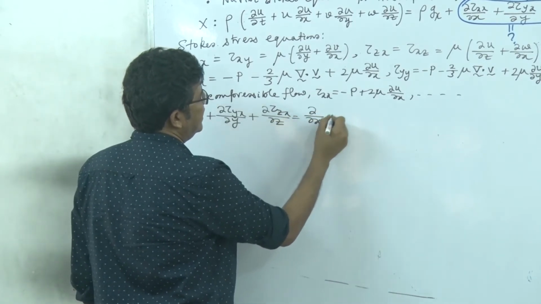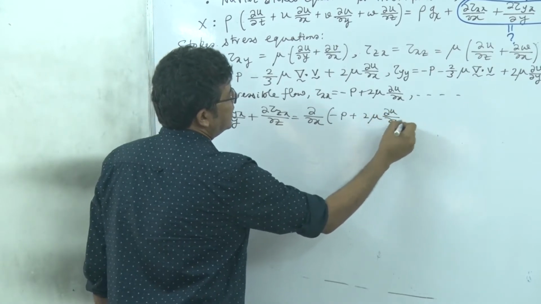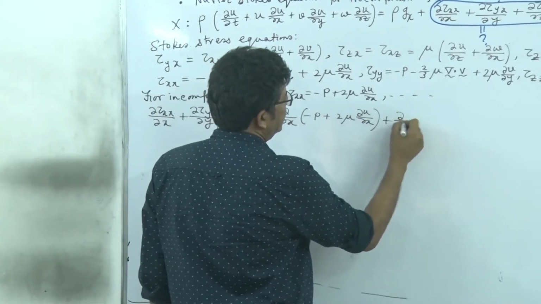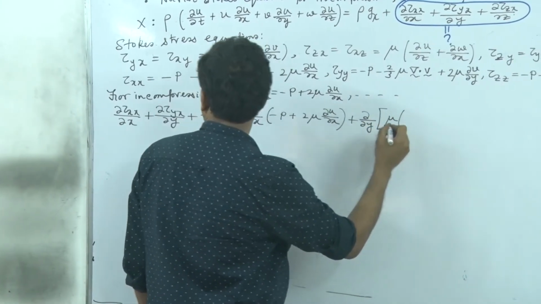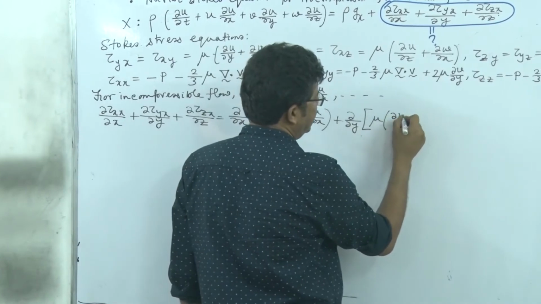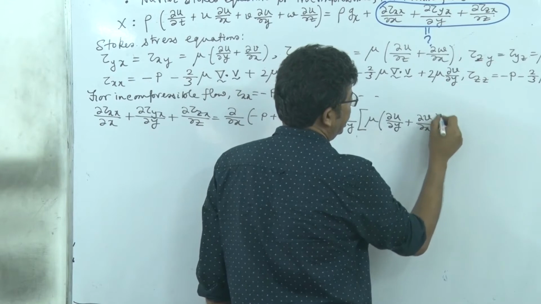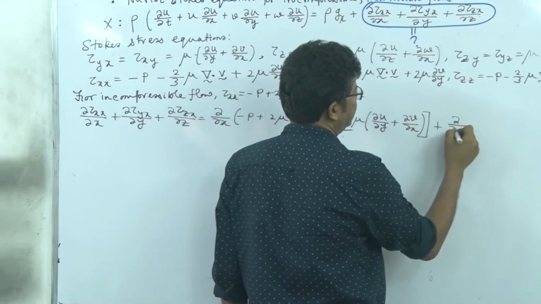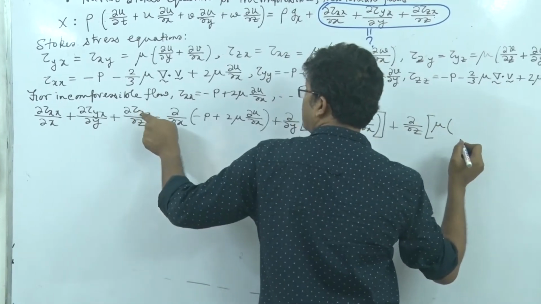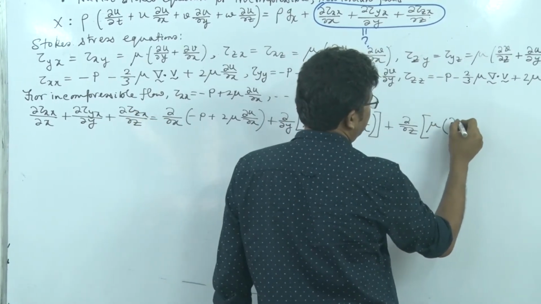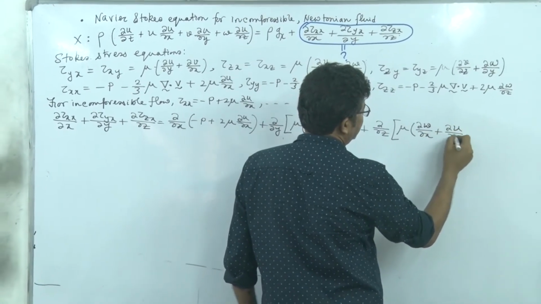So this is del x of minus p plus 2 mu del u del x, plus del y of mu times tau yx, where tau yx is del u del y plus del v del x, plus del z of mu times tau zx, so del w del x plus del u del z,